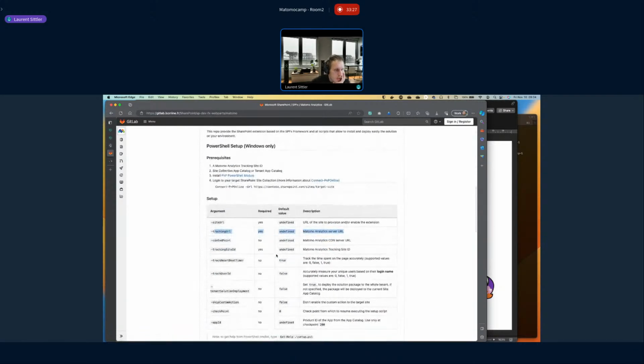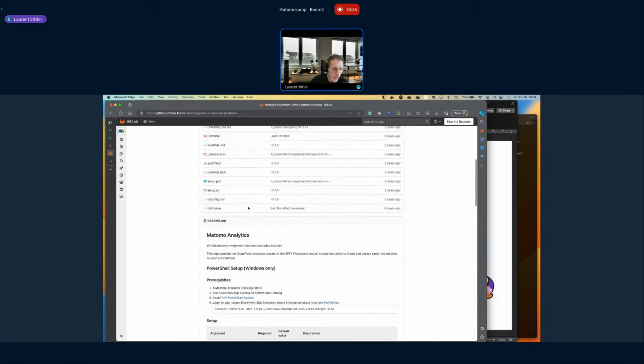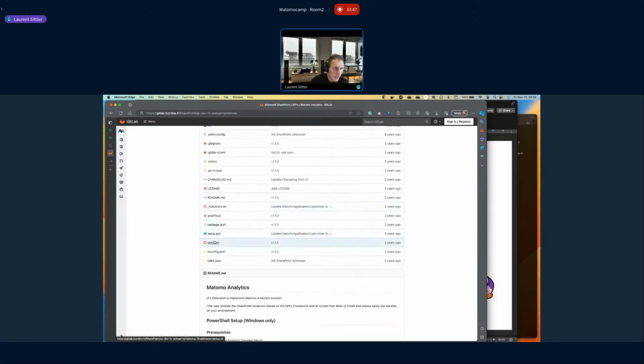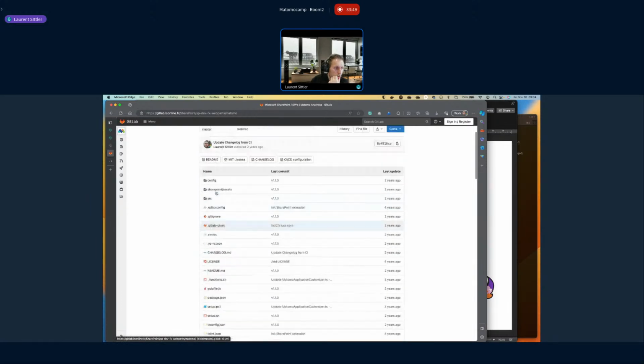But I'm pretty sure, because if you want to use a specific CDN rather than using the Matomo one by default, you can specify it. So the CDN, what is it exactly? This is a content delivery network. So that means you can specify a specific URL to load the JavaScript injection directly on your site.